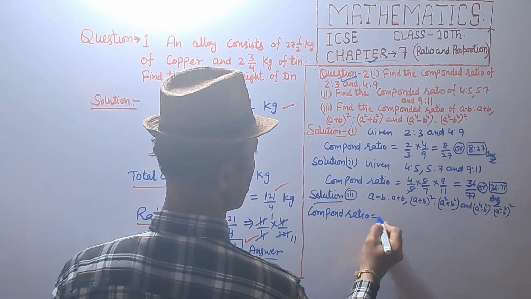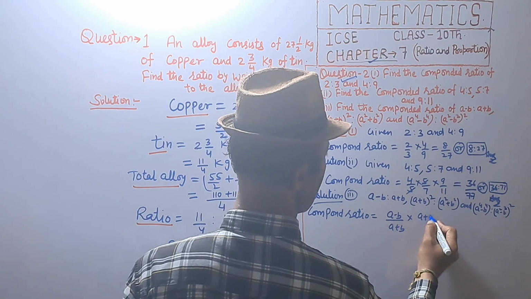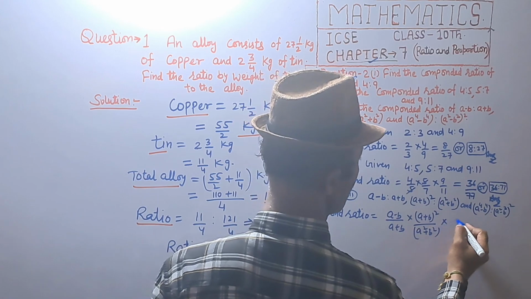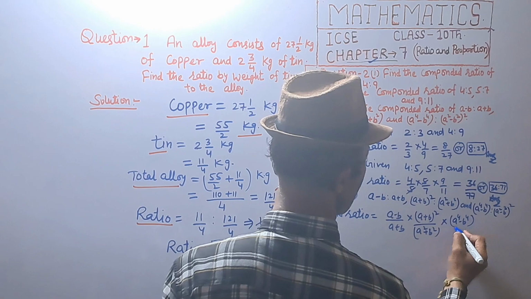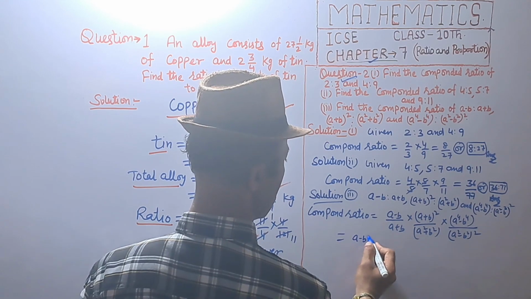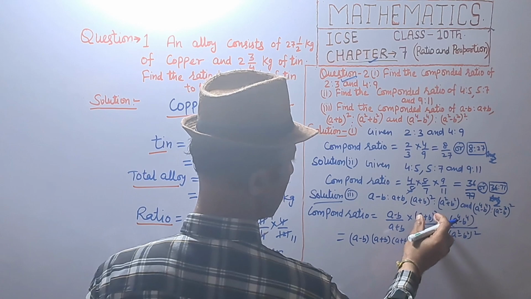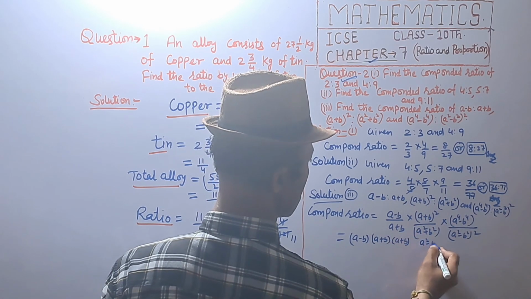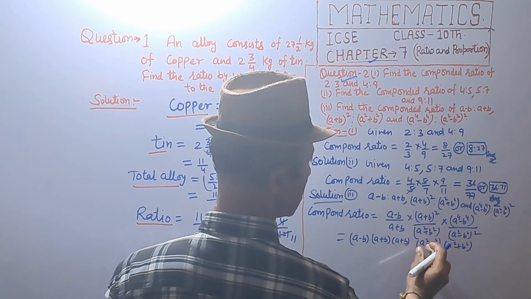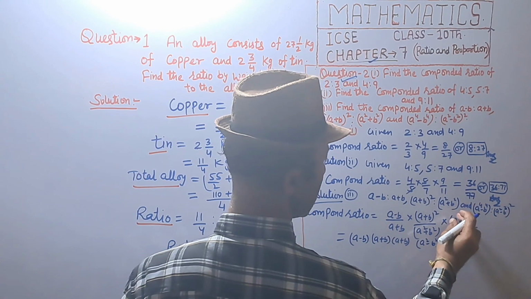Compound ratio is equal to A minus B upon A plus B multiply by A plus B square upon A square plus B square into A4 minus B4 upon A square minus B square whole square, that is equal to A minus B into A plus B, A plus B. We can write it as 2 times, and A square minus B square into A square plus B square, A square raised to power 2, that is A4, A square minus B square equal to A minus B into A plus B. A is A square and B is B square,